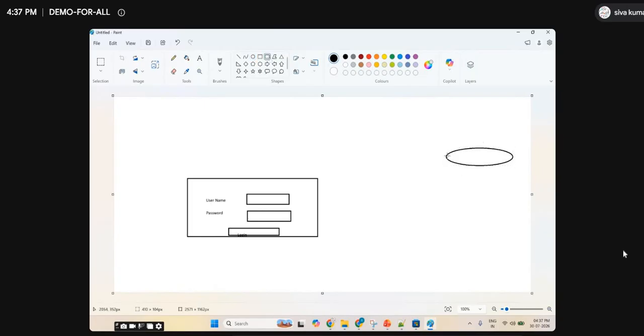So there is some database in the backend. There will be some table, right? Some user table like this.